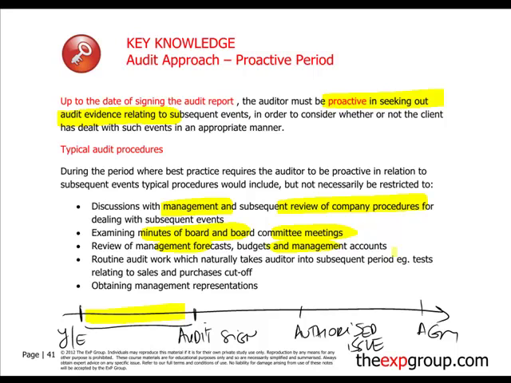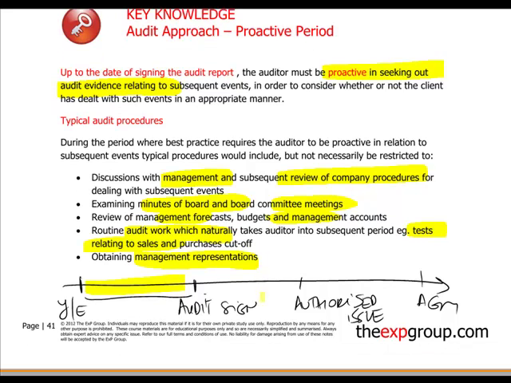that had occurred, for example, after the year end, and that effects are going to be reflected in the next year. They have to pay attention during their routine audit work for indicators of subsequent events, for example, tests relating to sales and purchases on cutoff, because these can bring some relevant information to light, and they could also obtain management representations, through which management is declaring that nothing happened in the active duty of the auditor.